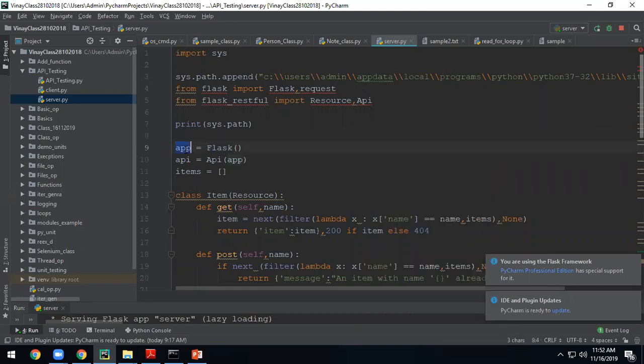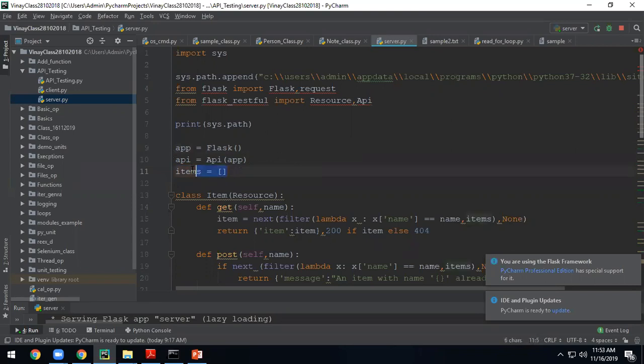Okay, I'm creating an app object. It's now a web service. Now the web service is having API support. So this web service object you have given to API, and you got an API object. This is all predefined, you have to follow this. Now underscore name is a variable which stores the file name of that. It will basically have main in that variable.